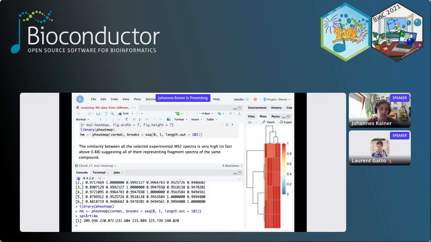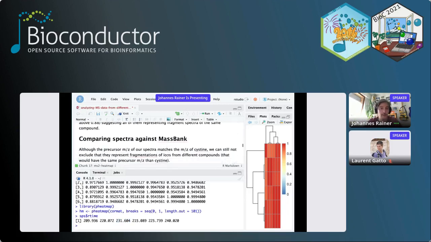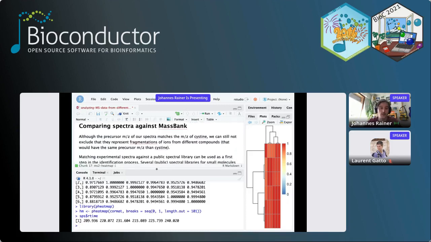So it could well be that, for example, after 231 seconds, we would by chance measure a metabolite that has exactly the same mass-to-charge ratio as the one we had at 220 seconds, but then we would have a different fragmentation profile. So we could identify that with this. In our case, we are all fine,